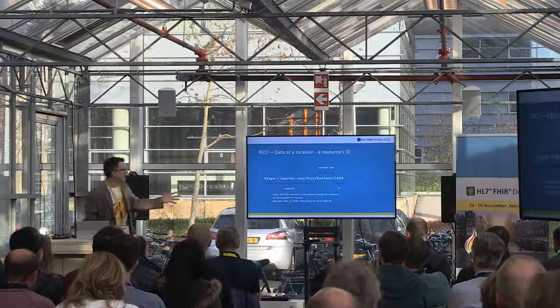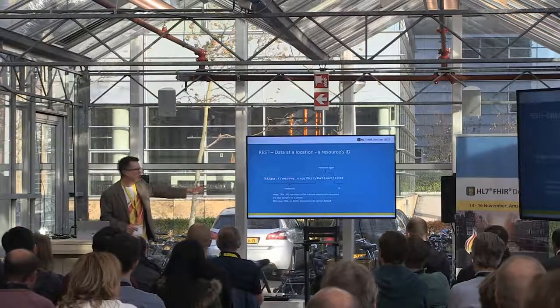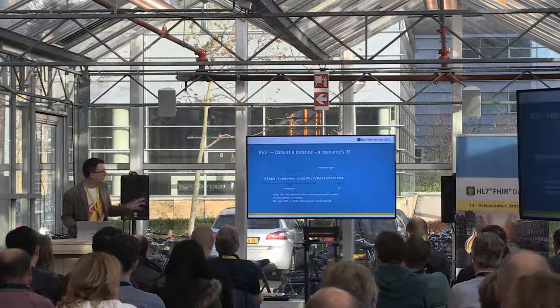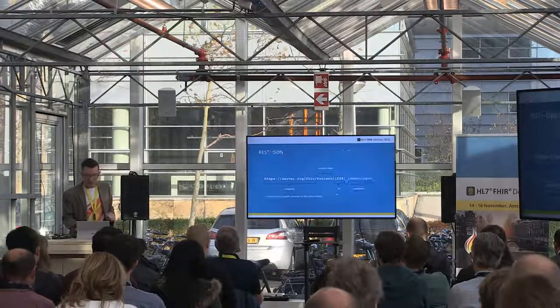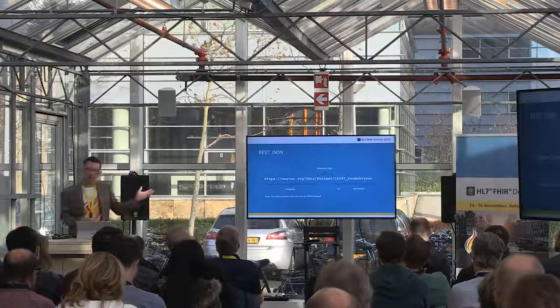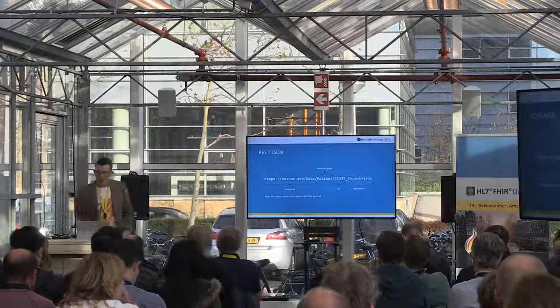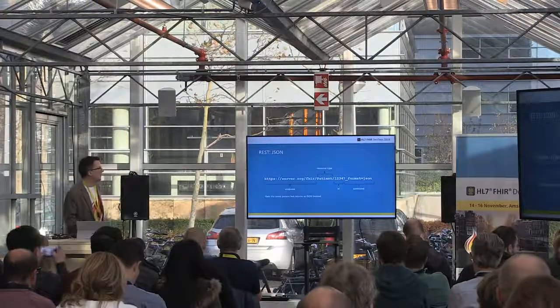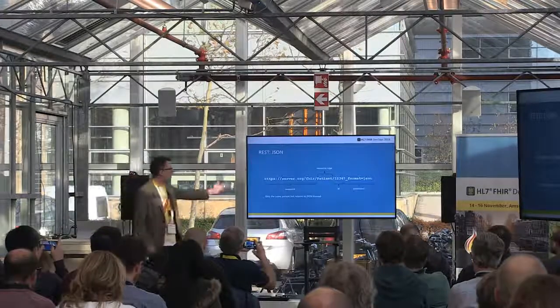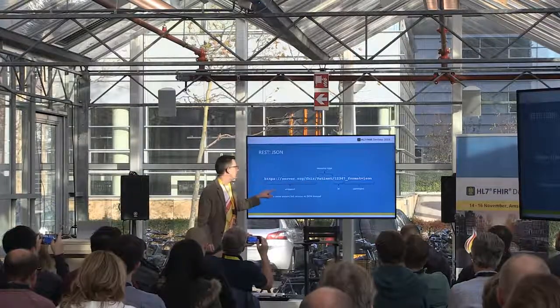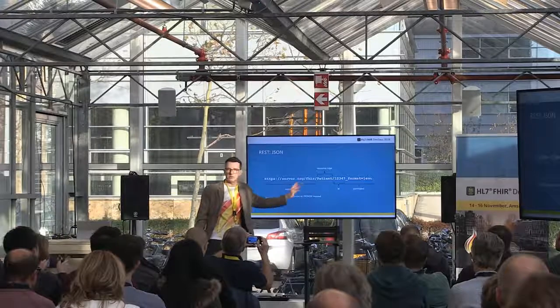So that would probably give XML. If you don't specify, you probably get XML back from that, but the default is up to the server. If you wanted JSON, you can see how on the end of the URL, you can build up commands. So we know which server it is. We know it's the FHIR part of the server. All of this is completely up to you. That could be